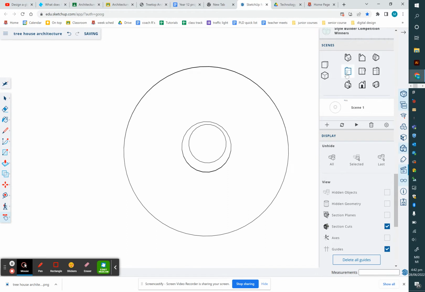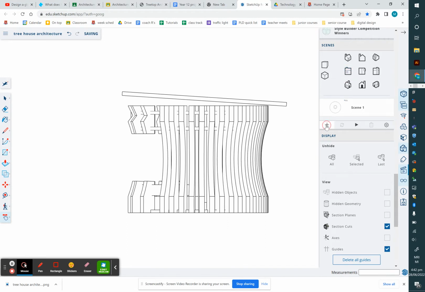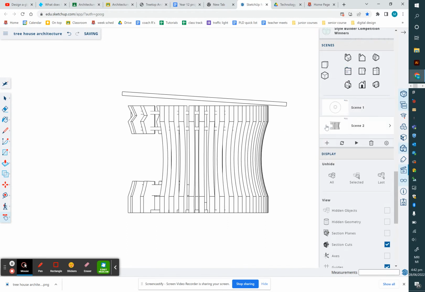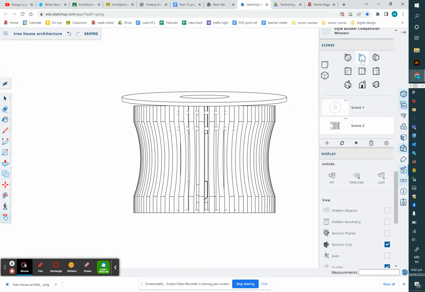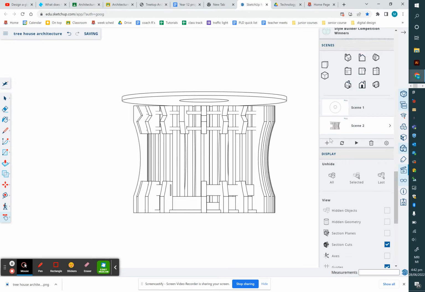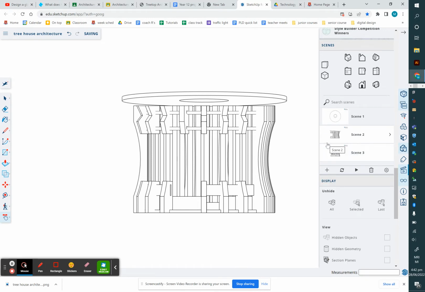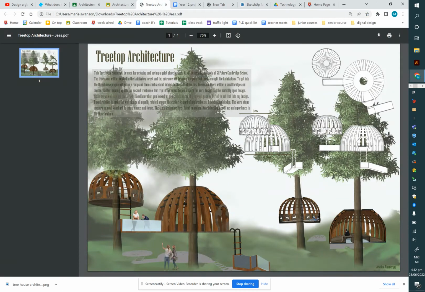And then we can do a side view, add plus. And then we can do whichever view you like, front or back, and hit plus. Those are those three, and those are those three done. The next view we'll work on, if we go back and look at the students' work here,